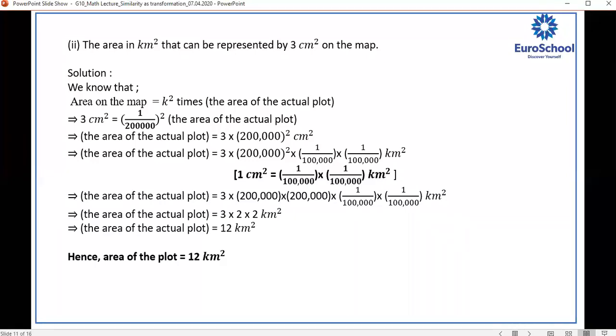Okay? It's a conversion. The main important thing is first the formula. Then you apply scale factor, square or cube according to that. And third is conversion. These things are important in this type of question. Okay? Now, is there anyone who still has a doubt in this one? No, ma'am. Okay.